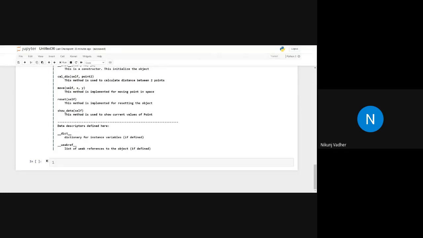Can anyone from class help me into this, that how we can implement this? I think you people had some introductory discussion with object-oriented programming. So how we can do it?